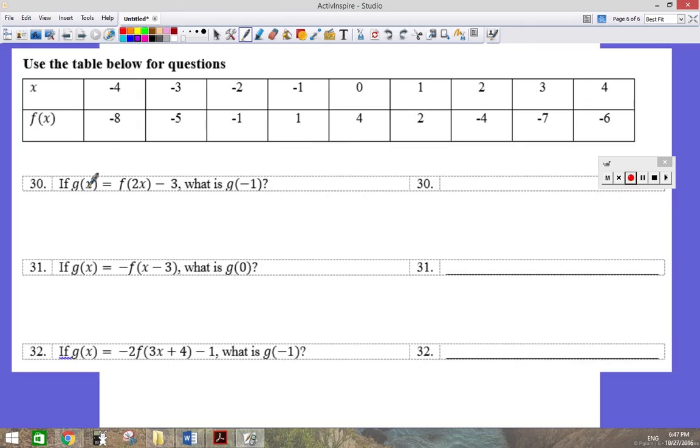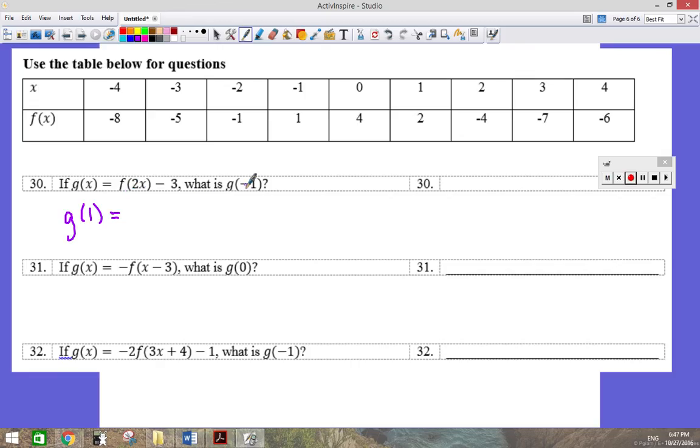So it's asking us about a different function g, and it's not providing us a table for g. We have a table for f, but we don't have a table for g. But it tells us there's a relationship between g and f, and the relationship is given through this equation. So here, this x can be any number, but whatever number it is here, it's that same number, x, over here. So if they're wanting me to evaluate g when x is